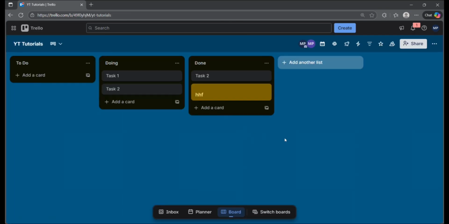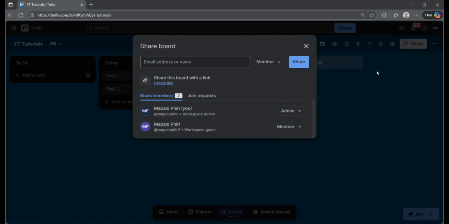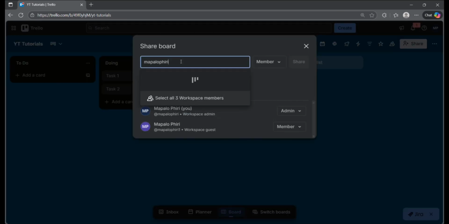So once you're inside the board you want to share, simply look toward the top right where your board members usually show up. There's going to be a button that says share or invite, depending on your version. Simply click that and Trello will then pop up the invite window. And all you have to do is type in the person's email address or paste the invite link that